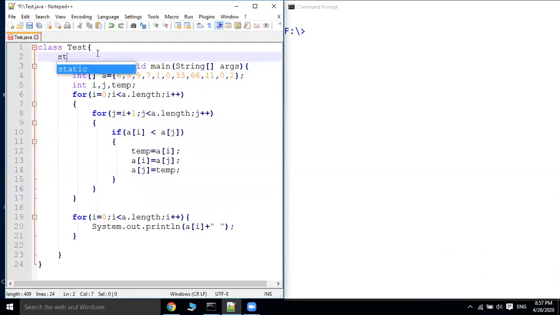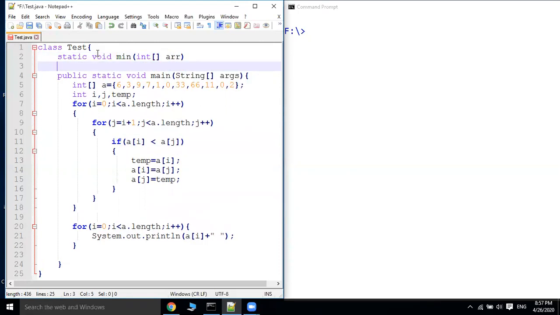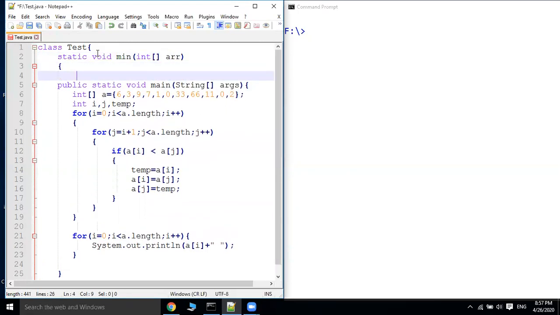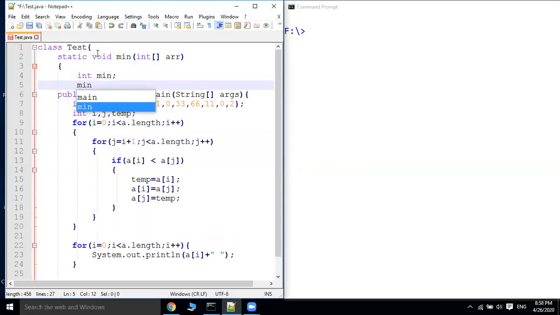Let us take static void min, and this method takes one array arr, a one-dimensional array.